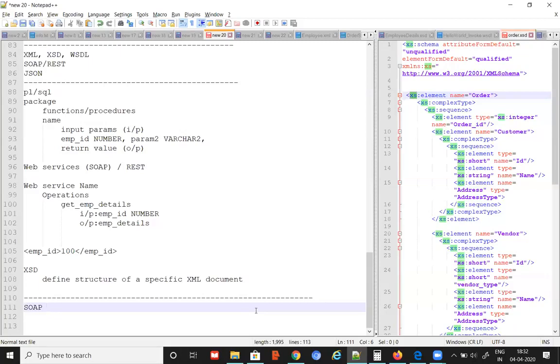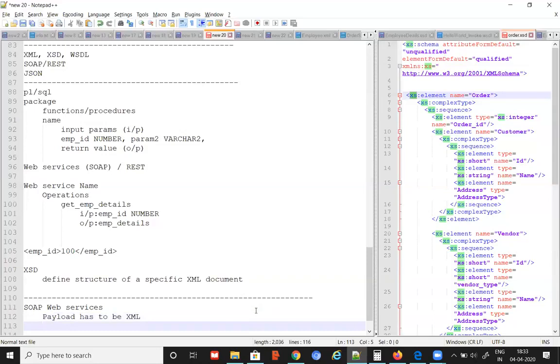In addition to that, they're supporting SOAP. Majority is SOAP now, so we need to know SOAP. When it comes to SOAP-based web services, there are some standards. What are the standards? One standard is the payload has to be XML.